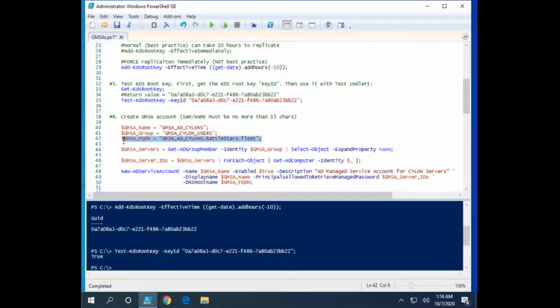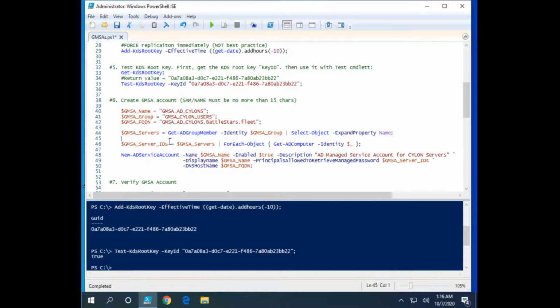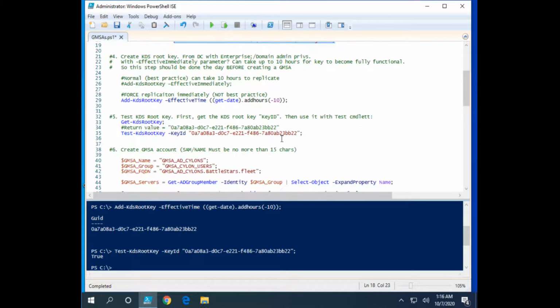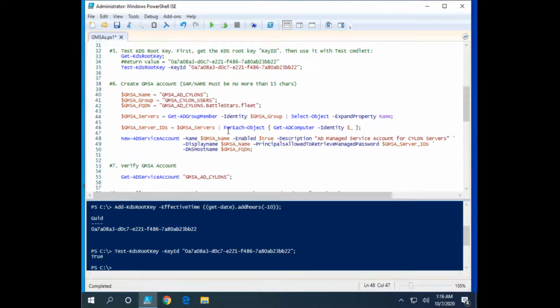I wanted to make them variables so that they are more transparent, easier to understand, easier to see, easier to digest, okay? Now, I'm going to take GMSA servers, which is a variable which will act as an array to hold all of the members of the group, GMSA group, right? And that's these computer objects that we added to the group up here, okay? So I'm going to, for each of them,